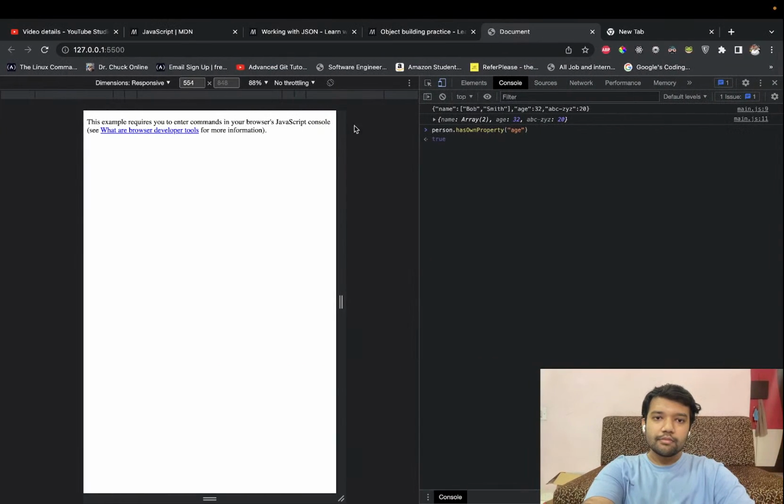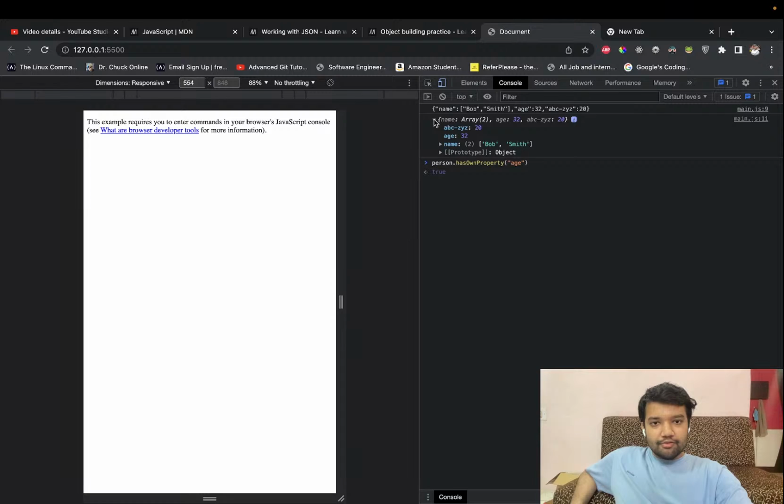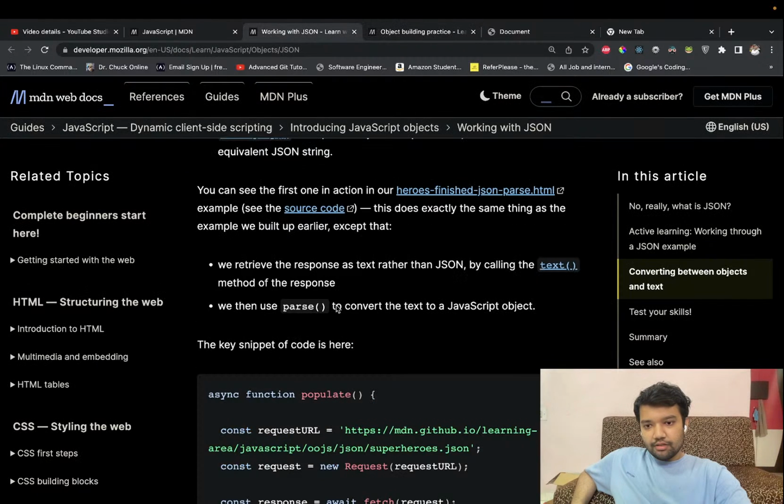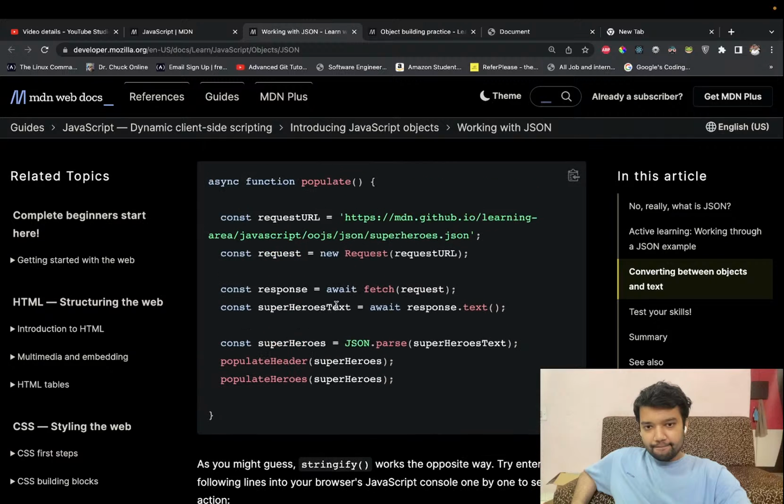Yep, it just omits the function. It removes it completely. Well done. So we know that